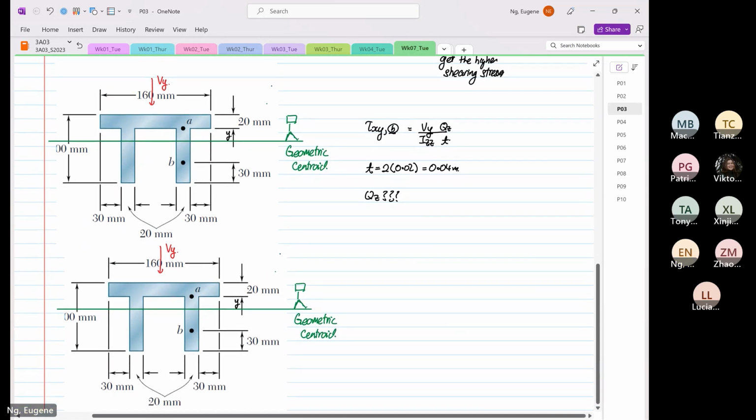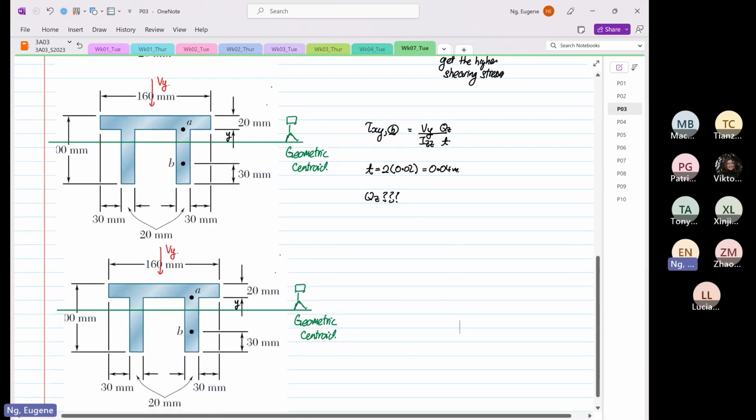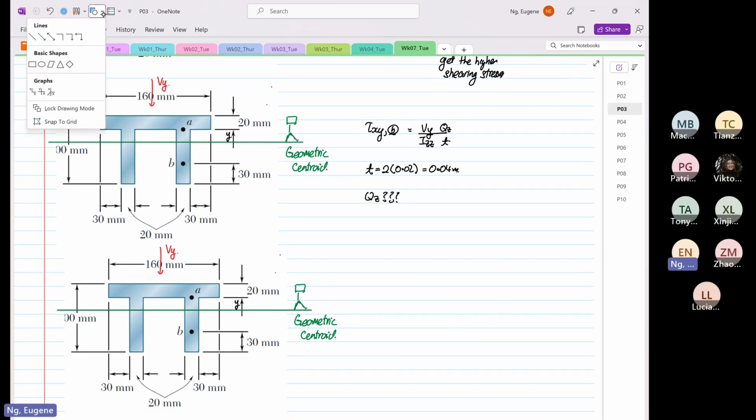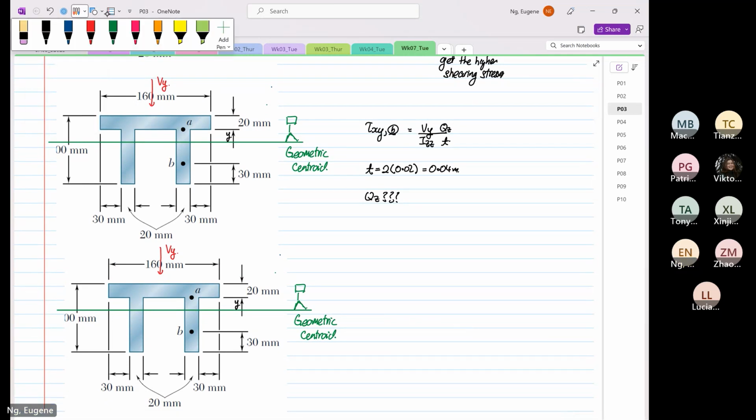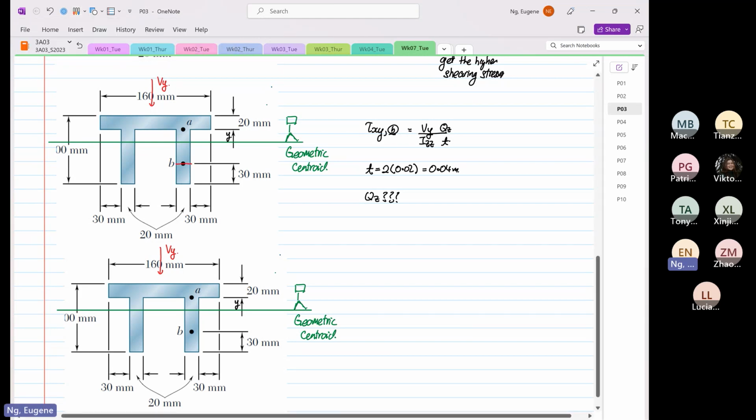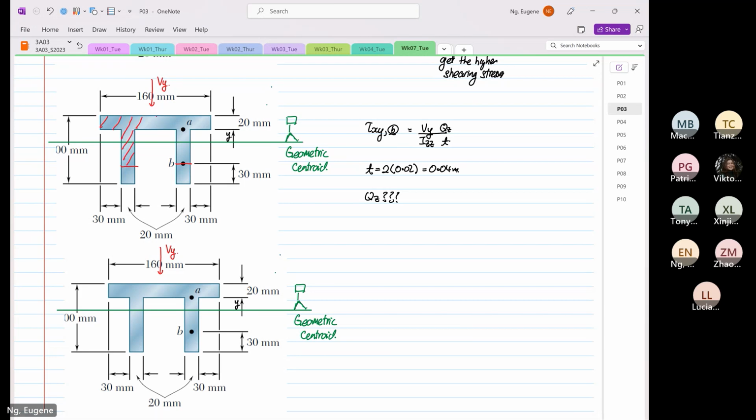The first possibility is you take this entire area that I'm going to shade in yellow. Okay, you take this, maybe I won't shade, you take this entire area over here. The other possibility is you take this area. Okay. Now,